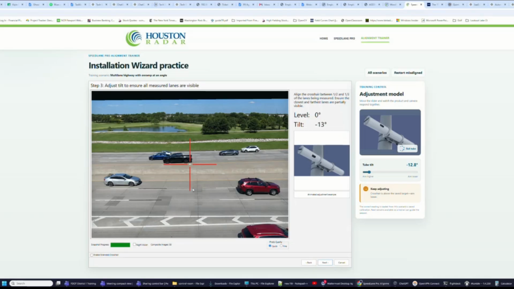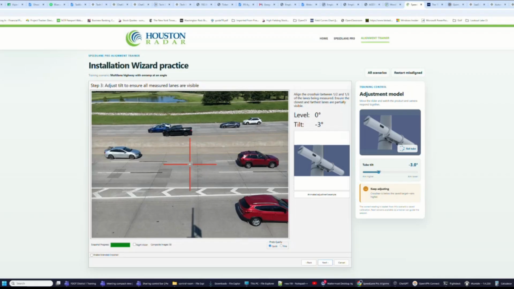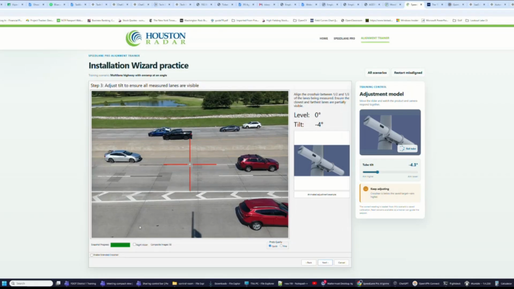That'll be a good compromise because I would not want to point it further down because again, the last few lanes would get potentially not a lot of beam energy. But if that was the case, this would still be acceptable where I can see the roof of the vehicle in the closest lane. But in this example, this is still not a very good alignment because I can get it a little bit lower where I can see all of the closest lane,